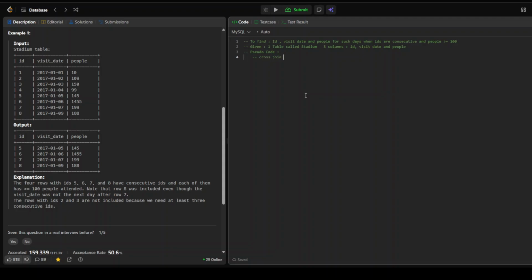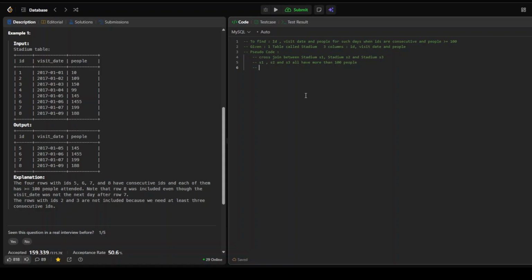Cross join between stadium and stadium, such that stadium S1, stadium S2, and S3, S1, S2, and S3 all have more than 100 people,